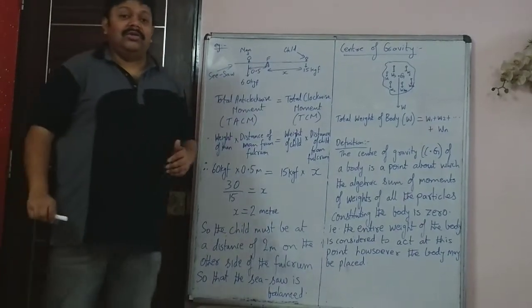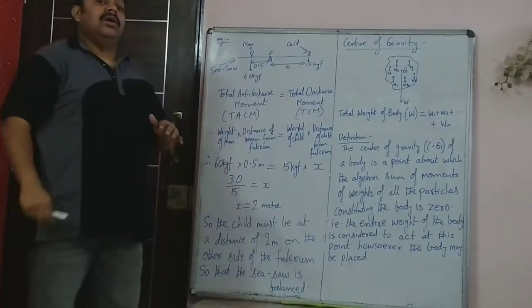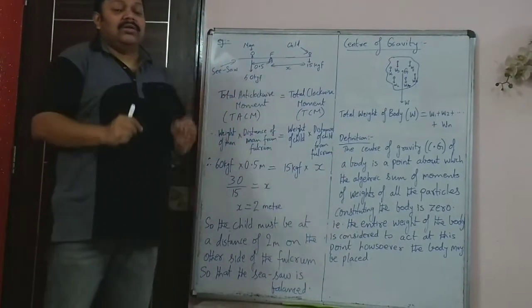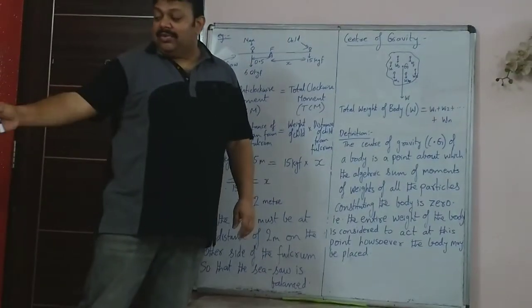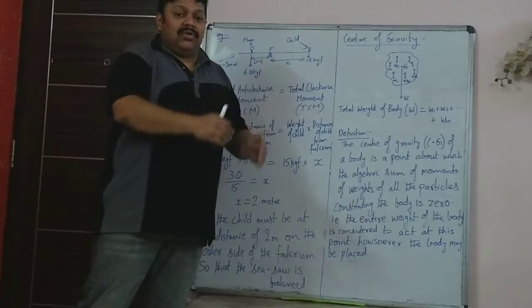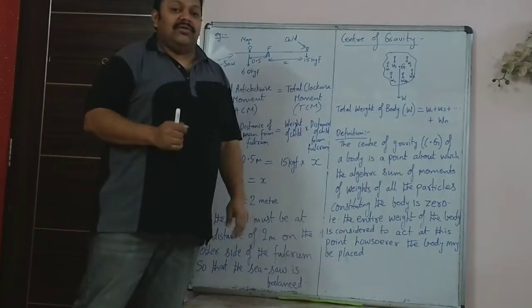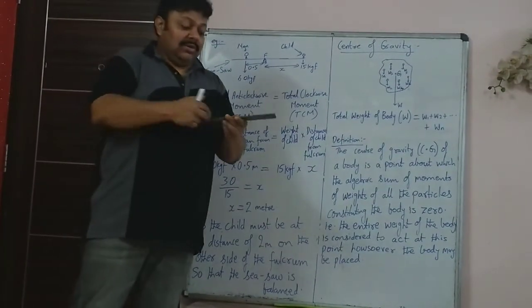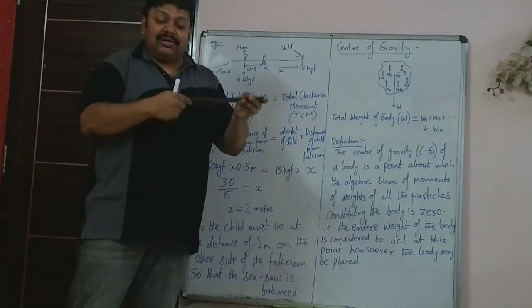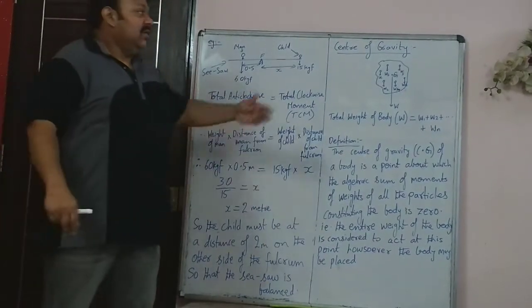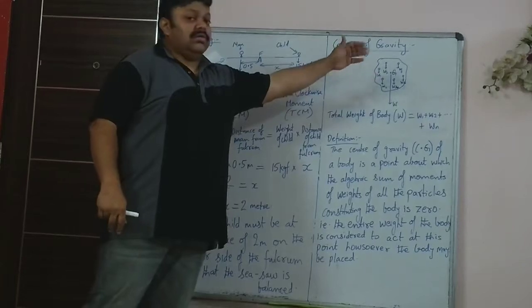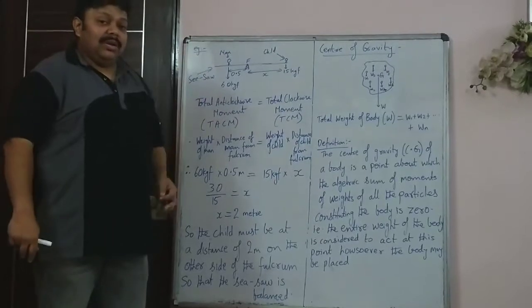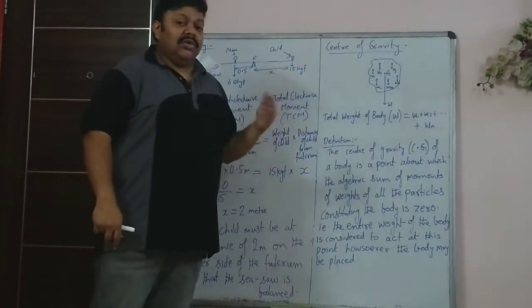For all regular bodies, meaning bodies having a definite shape and size, there is a formula for finding the center of gravity. Like for example in the ruler, it's at the center of the ruler. For a seesaw, it will be at the center of the seesaw. Provided the ruler has uniform distribution of mass, that means this side, that side, all are of same thickness and same material. But yes, for irregular objects, there is a way you can find the center of gravity by using a plumb line and hanging the object.